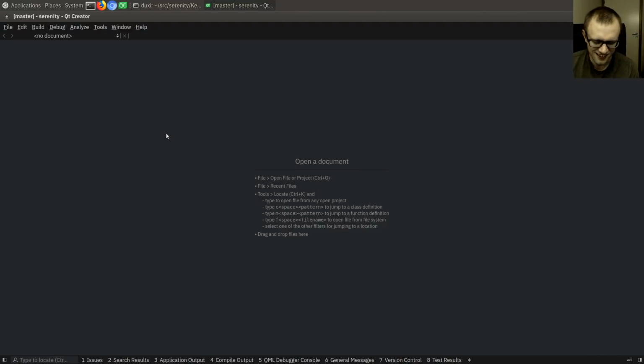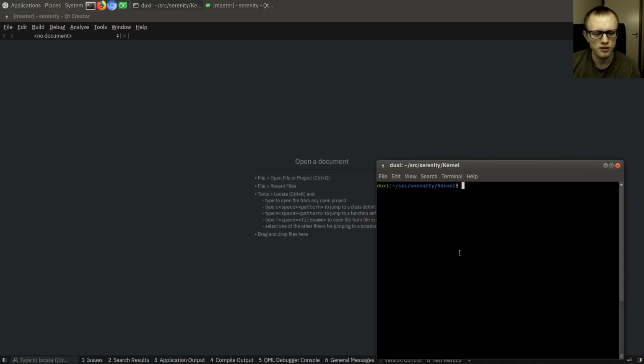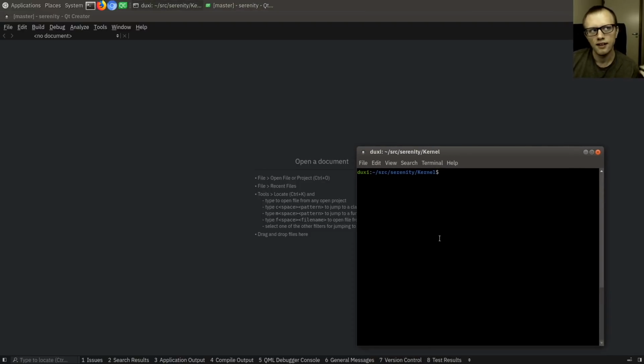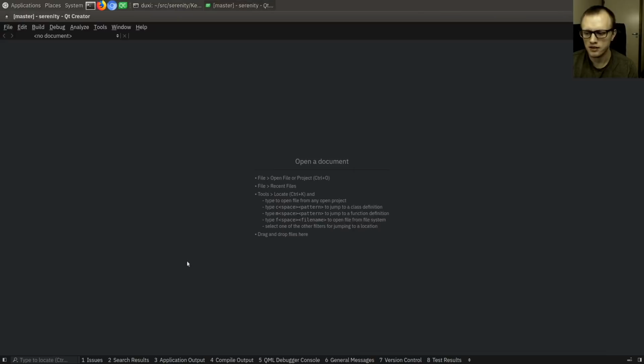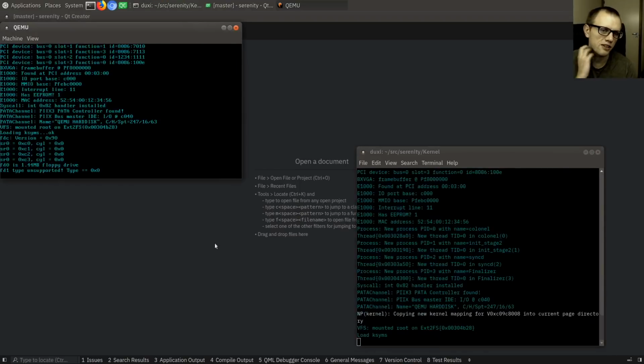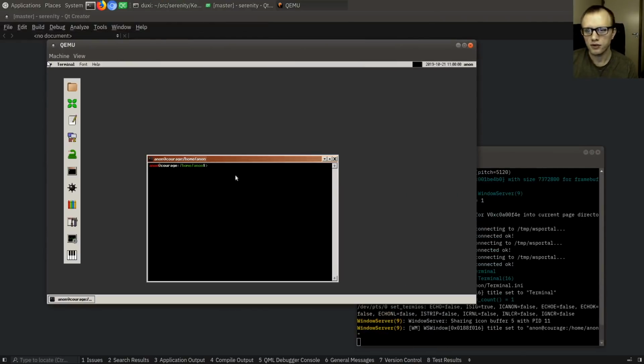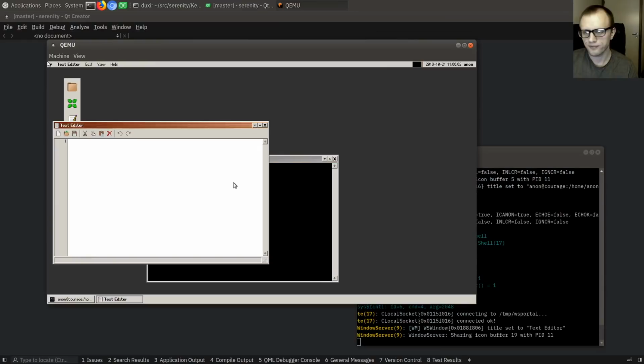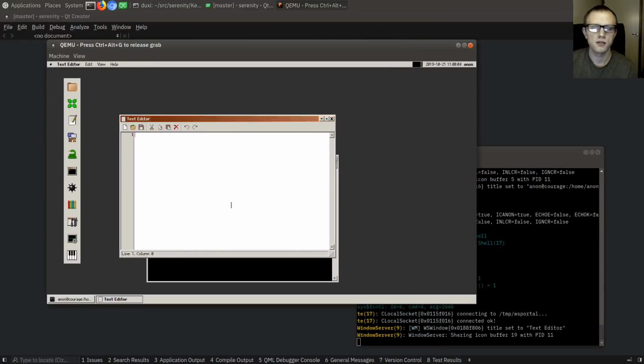And the thing that's mentally holding me back from even wanting to switch over to using Serenity full time right now, I have to admit, is the fact that I don't want to be stuck in that environment trying to edit code, because it's so pleasant to edit code in Qt Creator. And the only thing that I have in Serenity right now for editing code is text editor, which is single file,